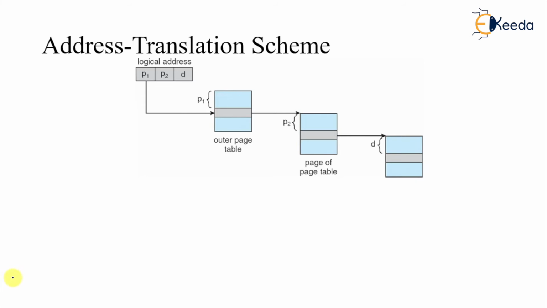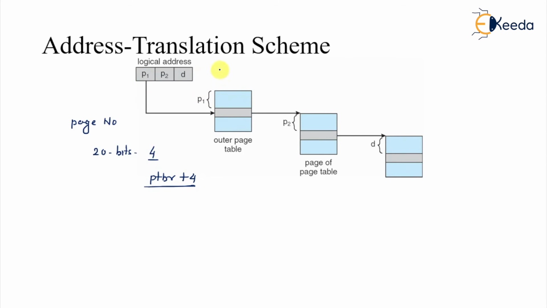Now we have two page tables. There is a P1, and P1 is the index. So there will be an entry like the page number. Suppose the value was 4. So we'll go to the PTBR plus 4. Here also we'll do the same thing, but in this case